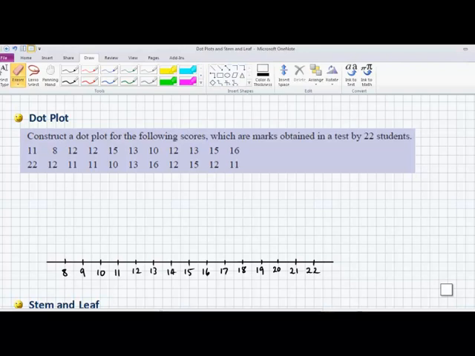So for a dot plot, it's a really simple graph to draw. Basically, we put a dot for every number that we have in our data set here. So I've got an 8, so I put a dot above the 8. Then you can just go along and put the dots down as you go. So an 11,